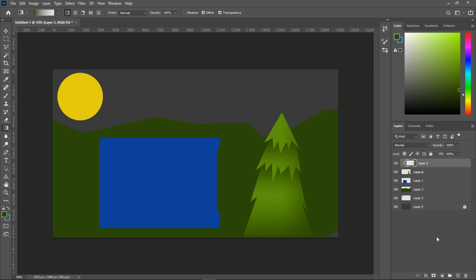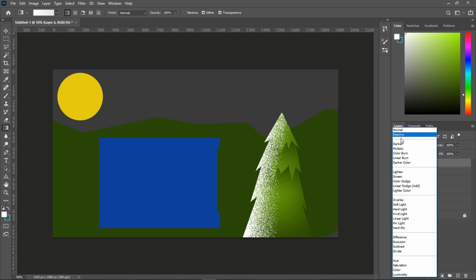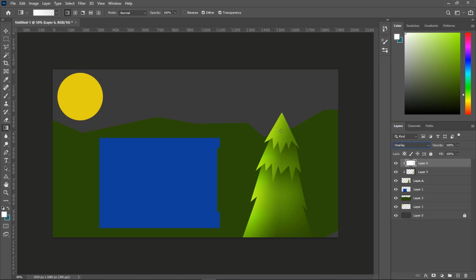Also, we can make another child layer. Let's hold the Alt key again, and now let's choose a white color, just like that. Let's make another one, and now this is the normal blending mode to be applied in our layers, but if we want, we can choose another type. I will choose the overlay, and it will make this glowing effect in our tree like the sun is hitting us. Now if we want to delete a part of our shape, let's click the V key